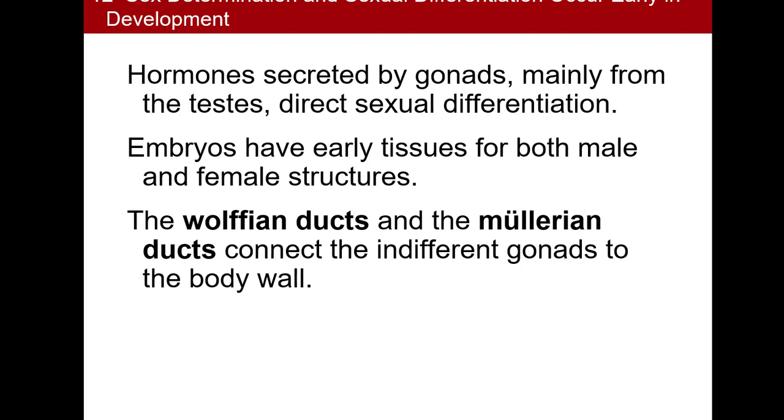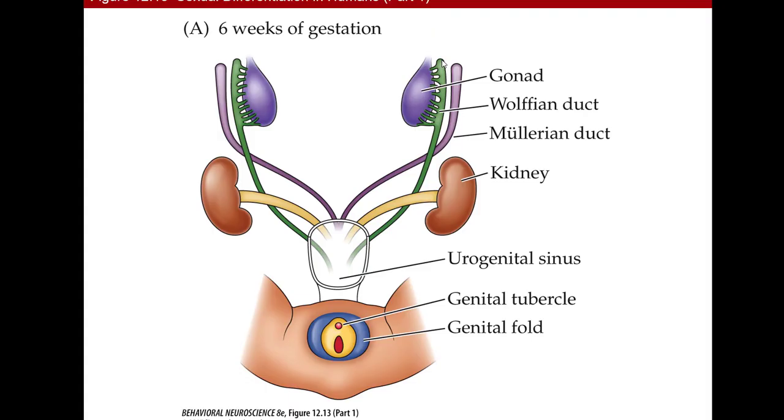So if you have a Y chromosome, you have an Sry gene that leads to the indifferent gonad becoming a testis, and the testes produce testosterone that then causes the duct system to develop in a more masculine way. If you have no Y chromosome, you don't have an Sry gene, then your indifferent gonad becomes an ovary, which would not produce testosterone, which would cause the ducts to develop in a more biologically female way.